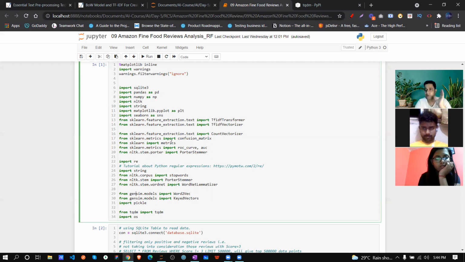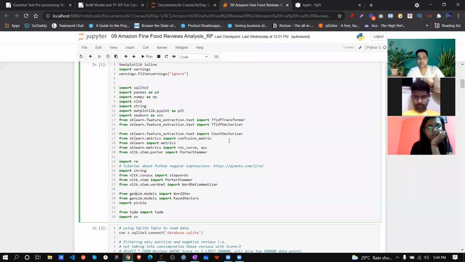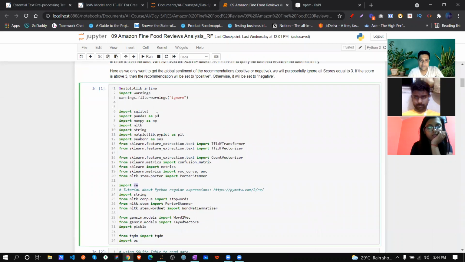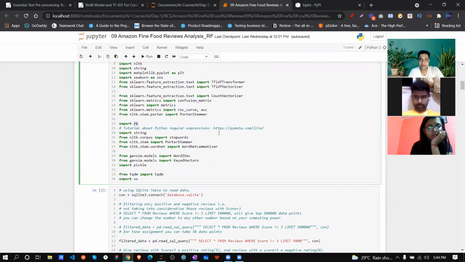So these are all the libraries that you need to import. Another library that I forgot is re, the regex library, for pattern matching in pre-processing. Another library, not required but you can use, is tqdm.